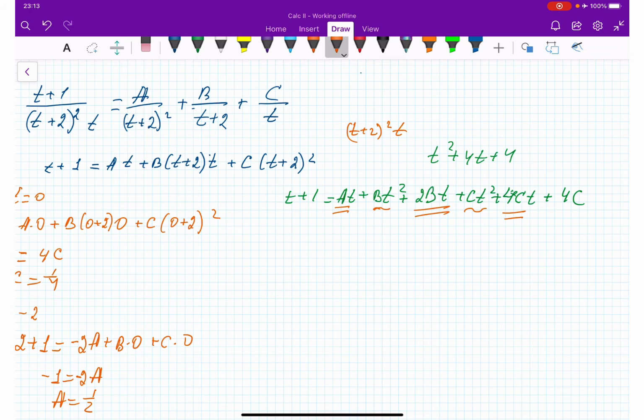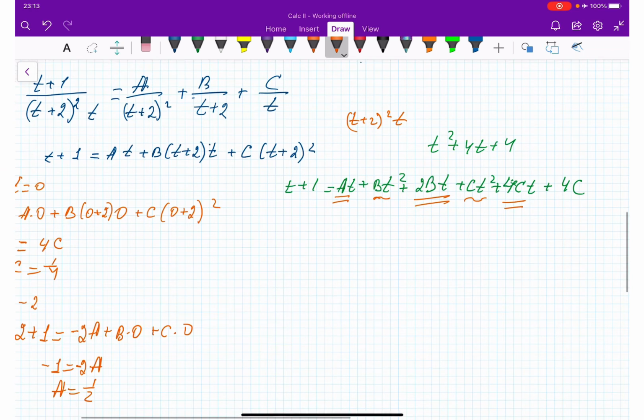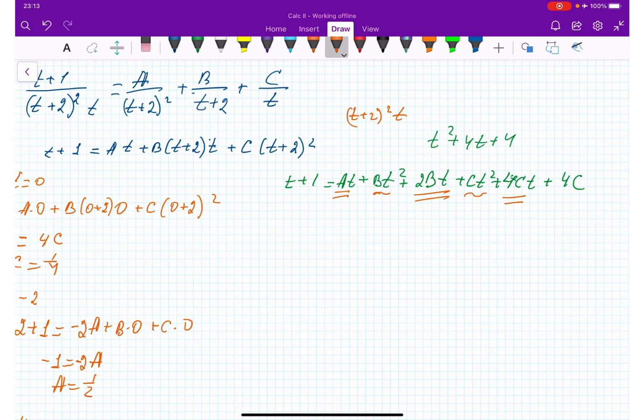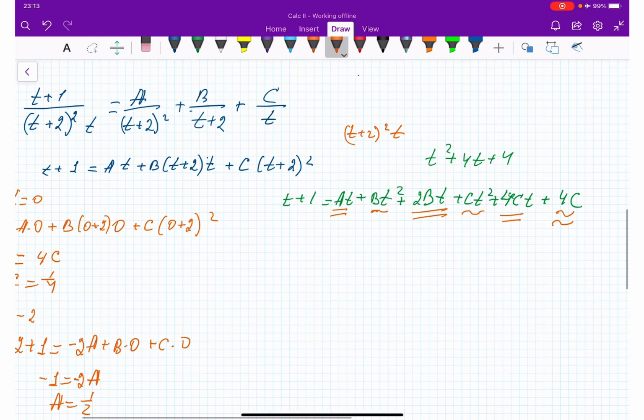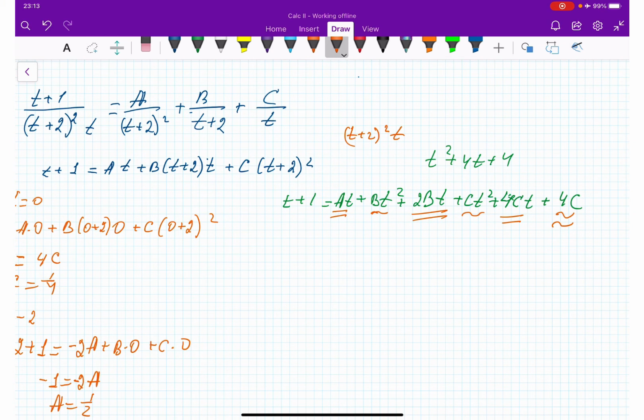And we have only 4c that doesn't have any term with which it would have common factor. So I'm going to put a double wavy sign. Okay, so bt squared, ct squared, since I don't have t squared on the left side, which means I have 0 times t squared, correct? Okay, so I'm going to write down